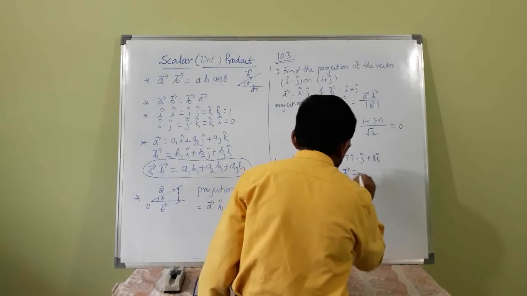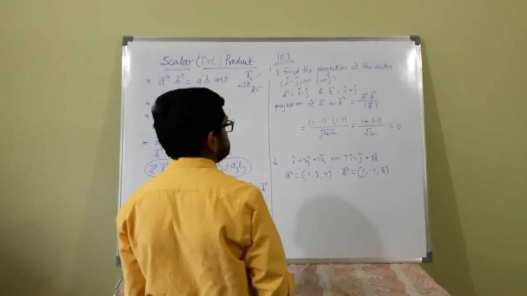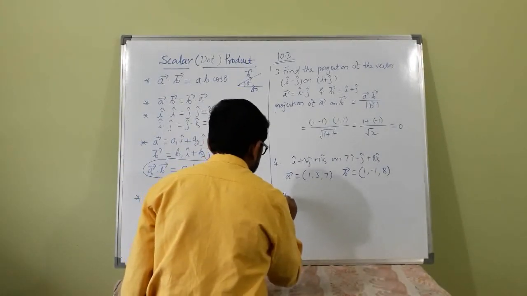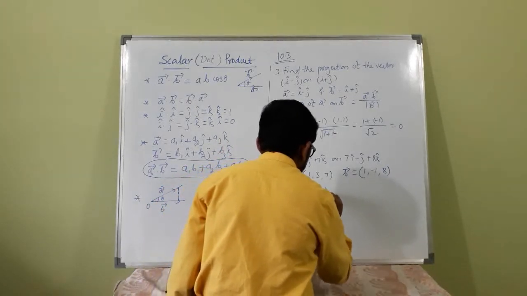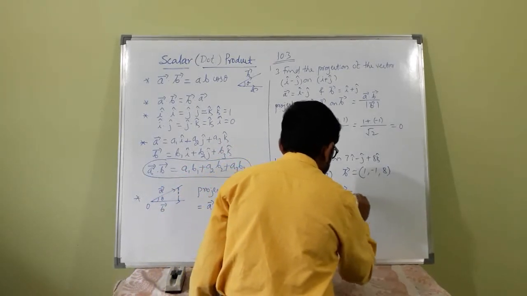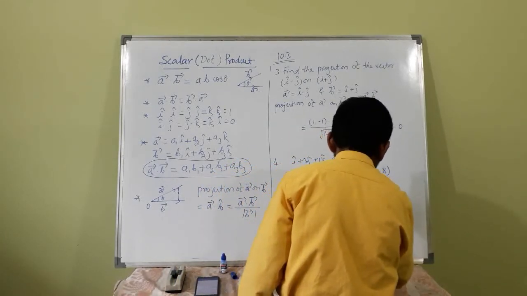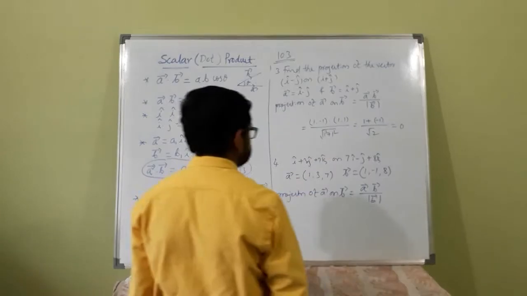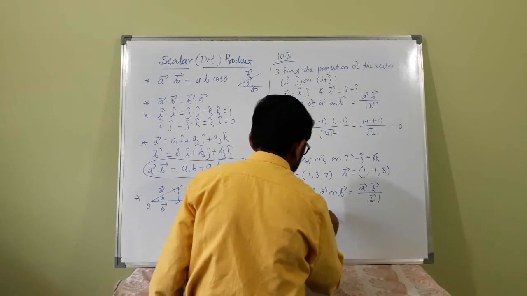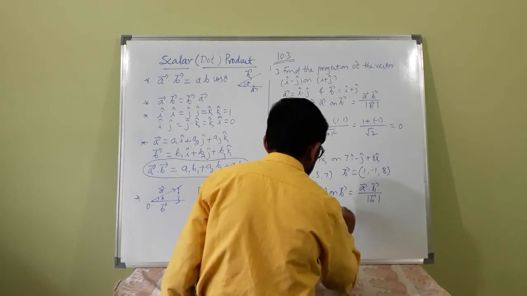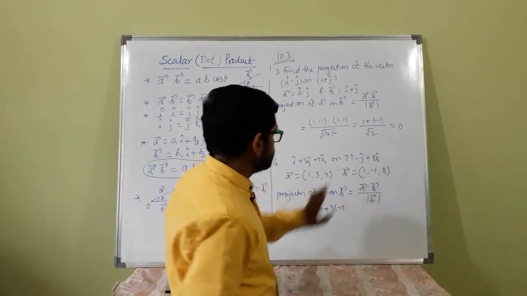B is (1, −1, 8). Then projection of A on B is equal to A dot B divided by magnitude of B. A dot B is 1 into 1 plus 3 into −1, A1 B1, A2 B2, A3 B3, plus